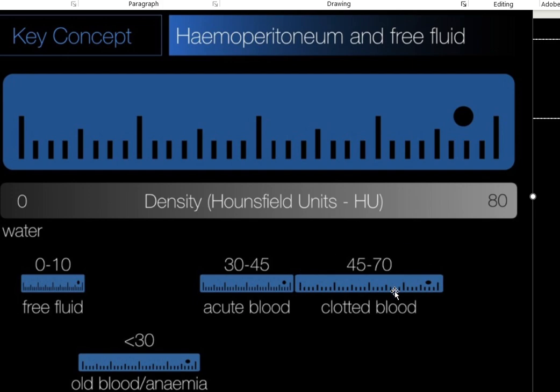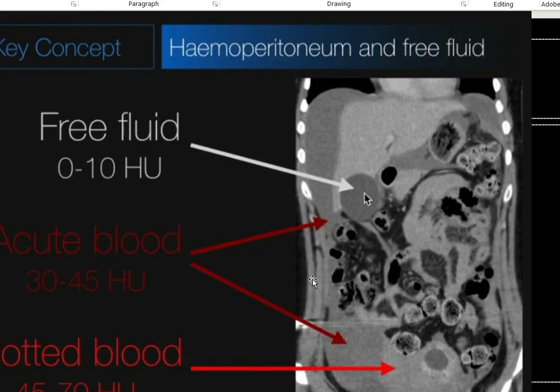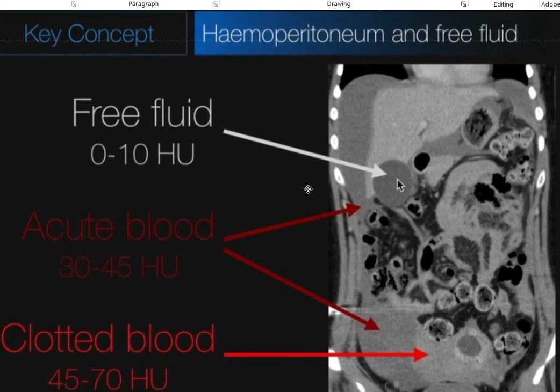So according to our case, the ascites, whichever we saw, the free fluid should have an HU of 0 to 10. The clotted blood, which we saw around the adnexa, the sentinel clot sign, guiding us that this is the organ of origin, should show 45 to 70, and around it, the hemoperitoneum should show 30 to 45.